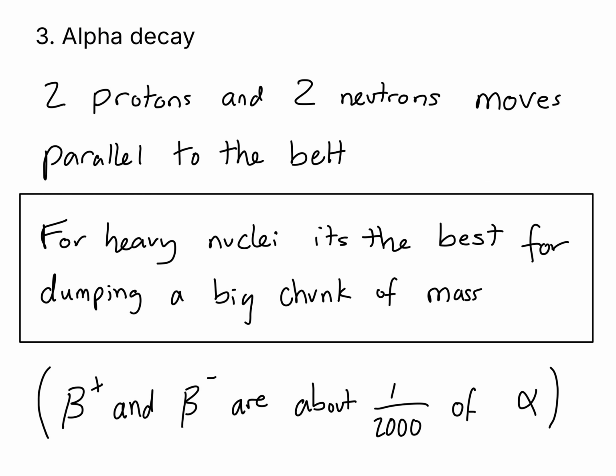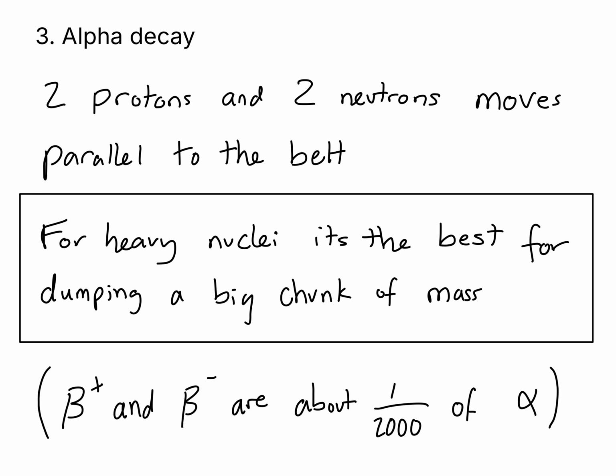Here's a question worth thinking hard about. Look at alpha decay on that graph, down 2, left 2. That's a move parallel to the diagonal, so at first glance it doesn't take you towards the band at all. Why would a nucleus bother doing that? The answer is that it only pays off for heavy nuclei. Up at the top of the graph, the band has bent so far away from the diagonal, it's so steep